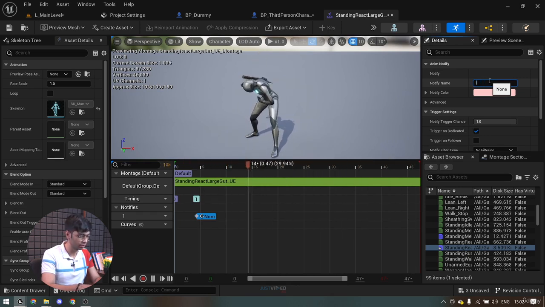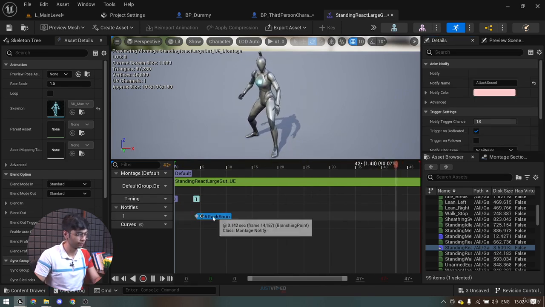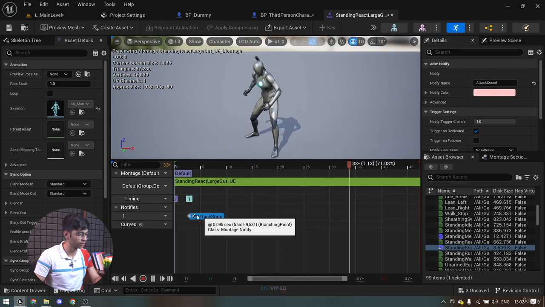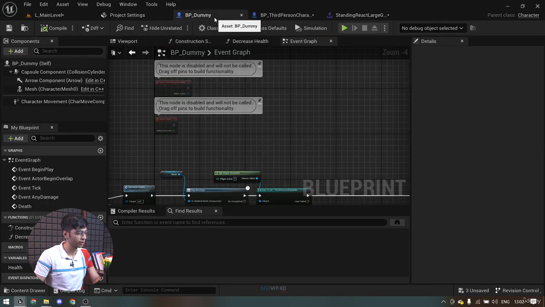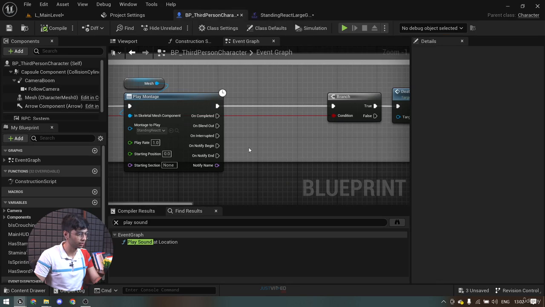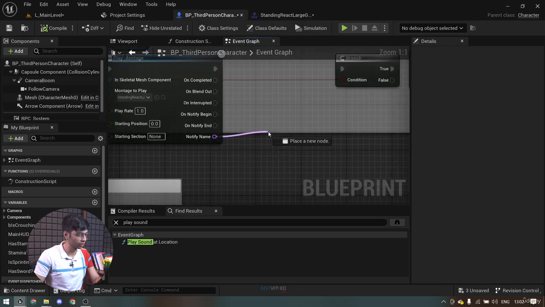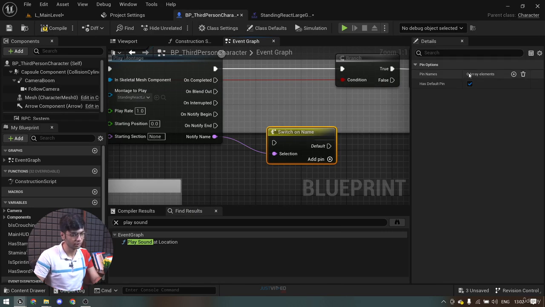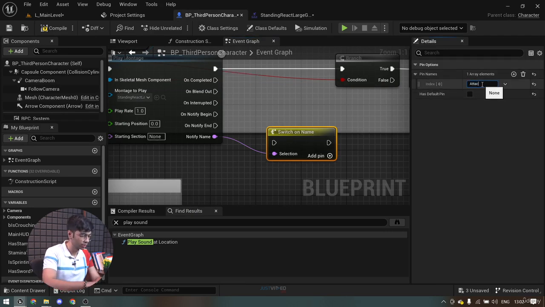So I'm going to call it attack sound again. Yeah, I'm going to keep it somewhere in the beginning, and inside our player I'm going to get here and switch on name, remove the default pin, add the name, so attack sound,